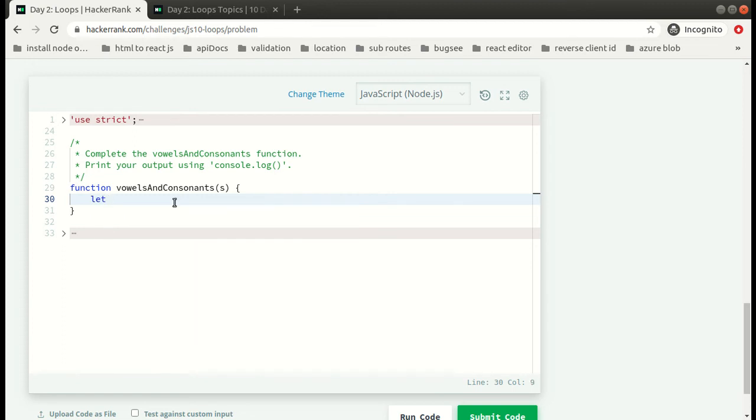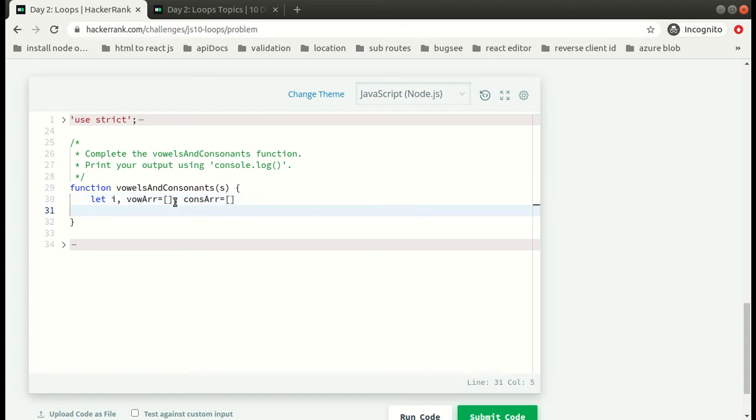So we have this function, and let's declare our variables i and a vowel array to store the vowels, and a consonant array to store the consonants. Now we can simply traverse our string by using a simple for loop, s dot length, i plus plus.